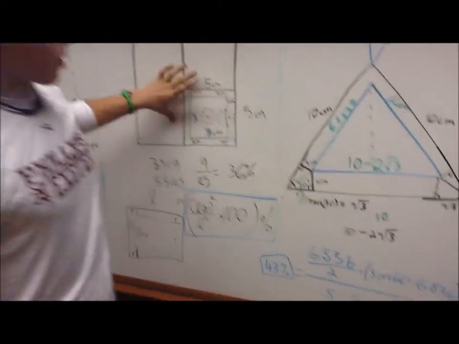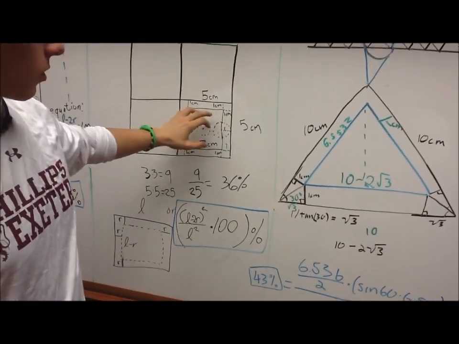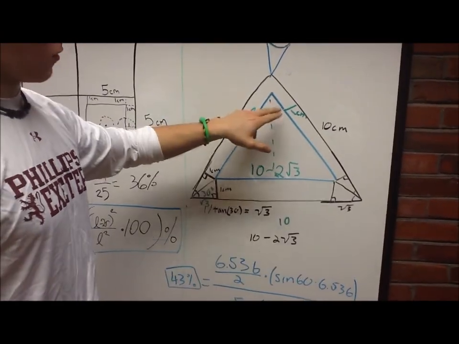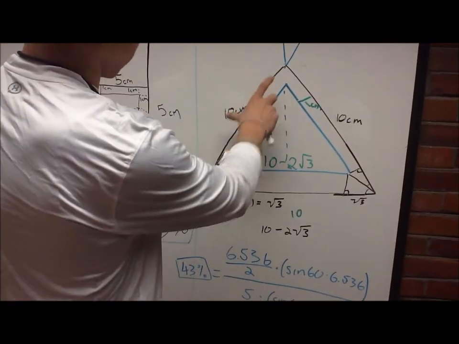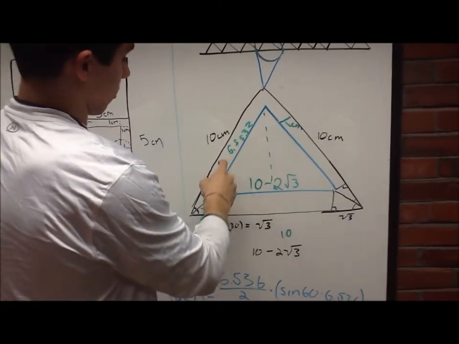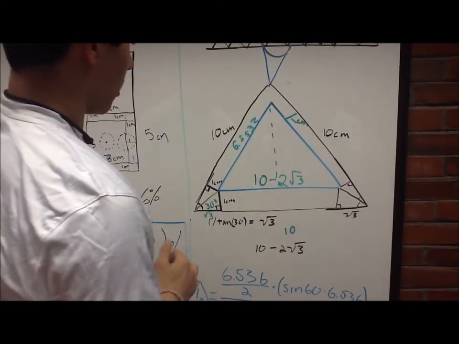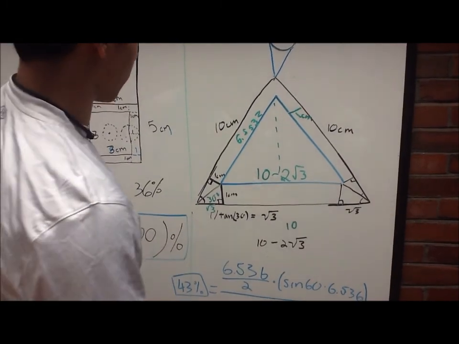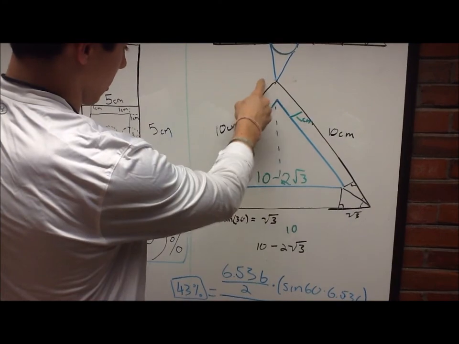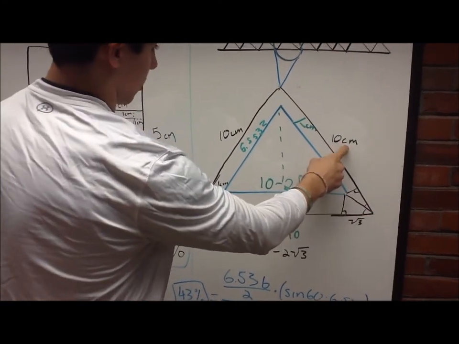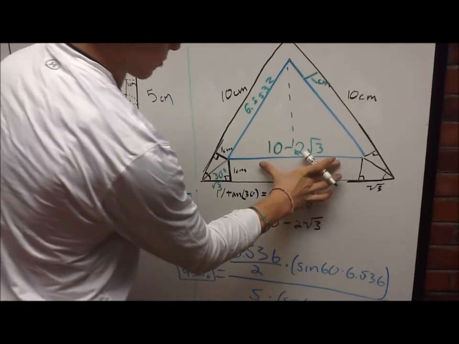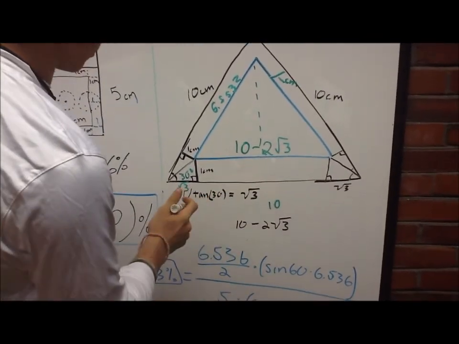We're going to track the center of the coin and find the area that the center of the coin can land. Obviously that's going to be a similar triangle to the larger one, but it's going to be scaled down by the 1 centimeter all around. And so to find the areas of both this region where the center is landing and this outside triangle, we have to find the length of this smaller triangle, and to do that we're going to focus in on